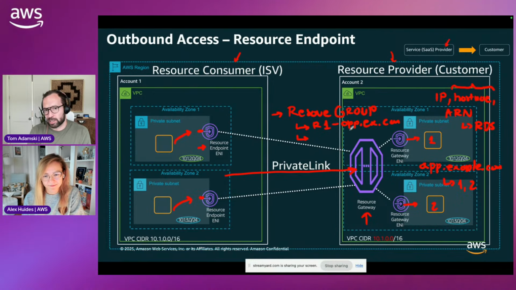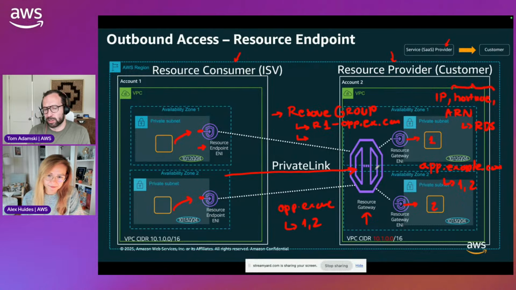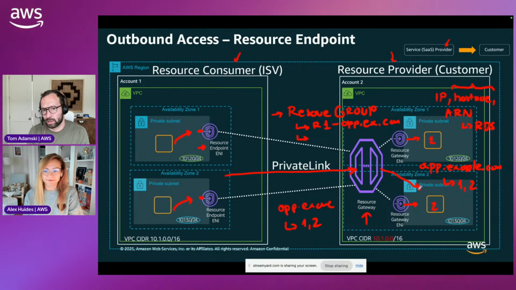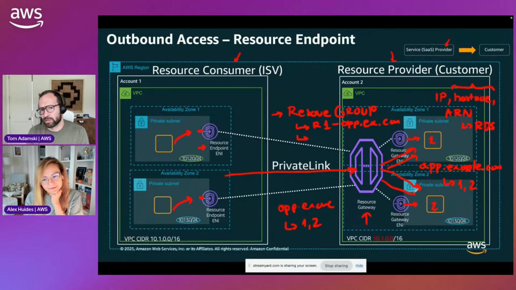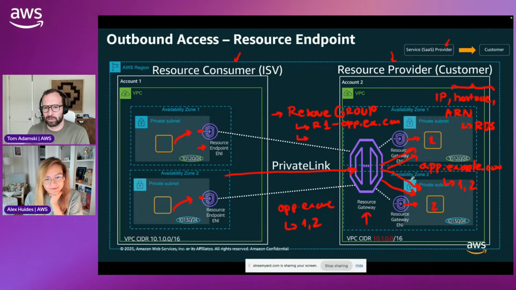In the meantime, we'll actually do a DNS lookup on the fly to check, oh, what is appexample.com? And we're going to get back IP addresses 1 and 2. And then the resource gateway is going to assign one of those IP addresses to each flow. So maybe the first TCP connection comes in and will land on 2. Next one goes on 1. Next one maybe again on 1. And it's kind of distributed at random, but at scale, it will give you a better distribution of load